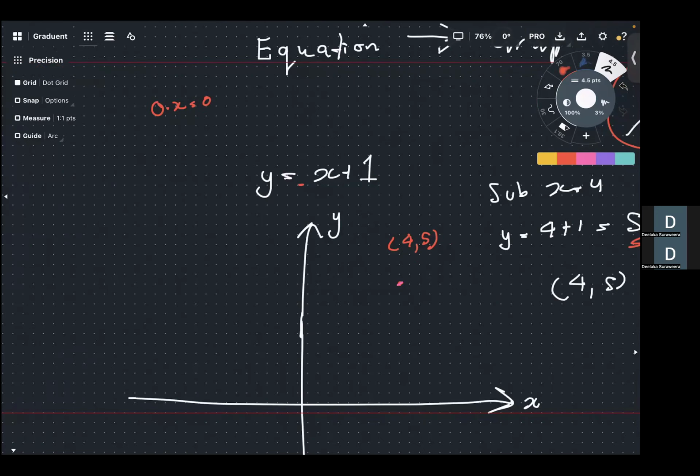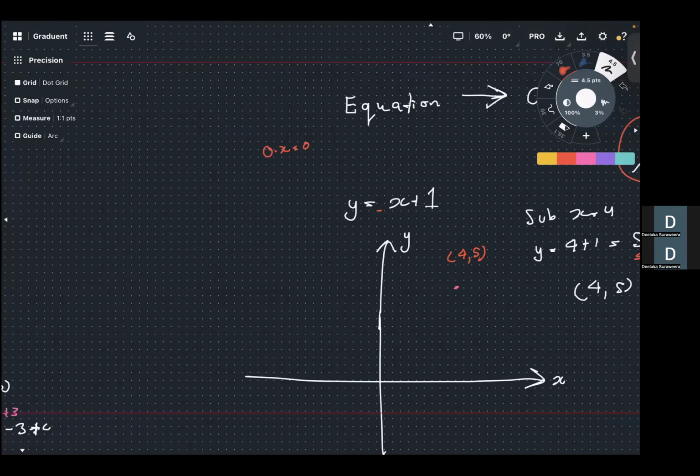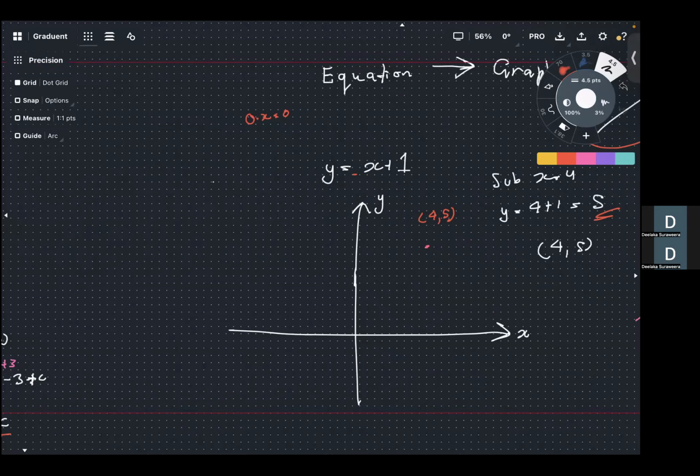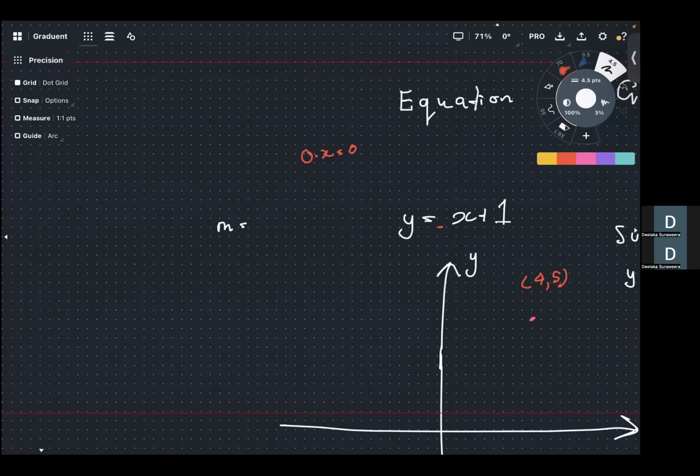So you need to find the other points. Well, what's our second point? We don't have a second point to find the gradient. We already have a gradient there. Do you get what I mean? I think it's a good idea, and it gives us an idea of what this graph should look like because we have the gradient. But without the second point,